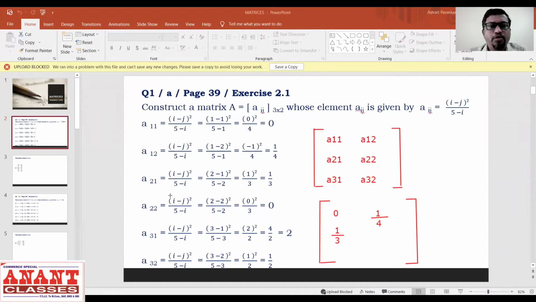नेक्स्ट यहाँ पर A22 वैल्यू ढूंढेंगे। A22 तो i का वैल्यू भी 2, j का वैल्यू भी 2। 2 minus 2, 0 हो गया, 0 का स्क्वायर 0, 0 डिवाइड बाय एनी नंबर विल गिव द आंसर एज 0। तो A22 इसका आंसर आपका आ गया 0।